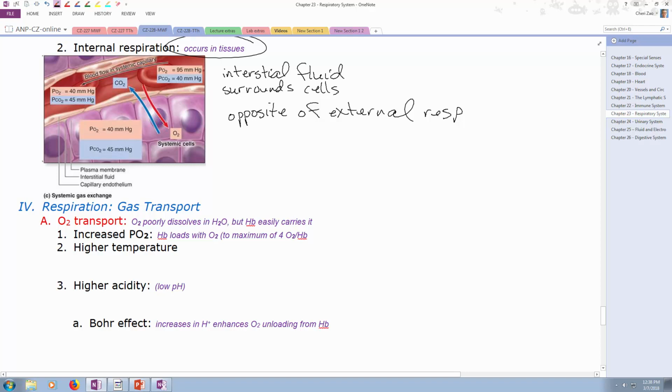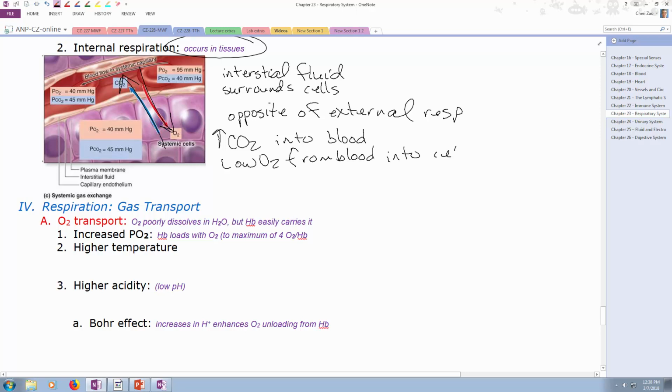In the aspect that CO2 is high here in the tissues, and we want to go ahead and lower our CO2 level at the tissue level. And so we will have the CO2 actually go into the bloodstream here, and you'll have the O2 go from the bloodstream into the interstitial fluid. So high CO2 into blood and low O2 from blood,